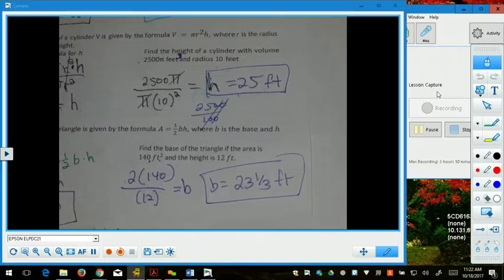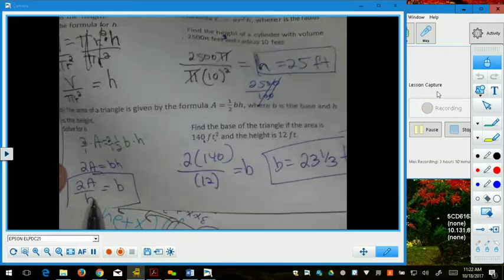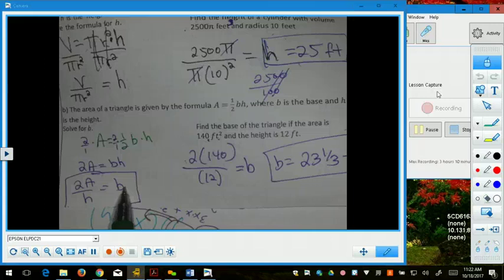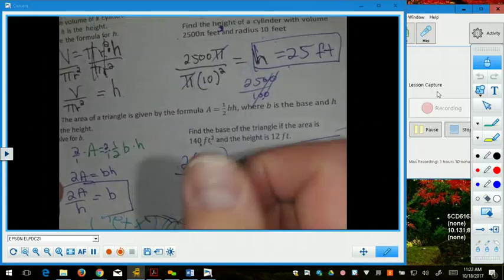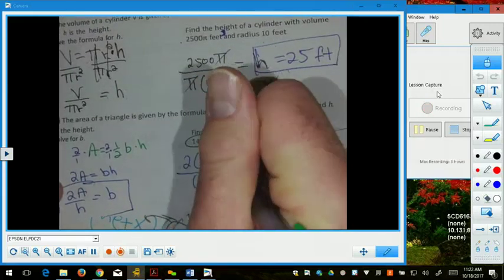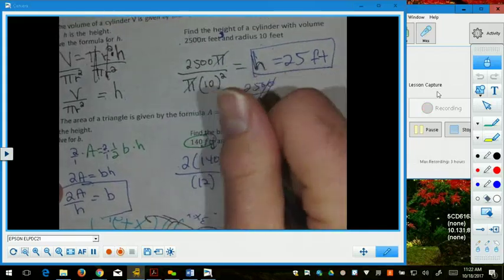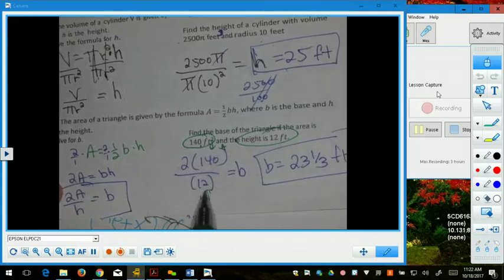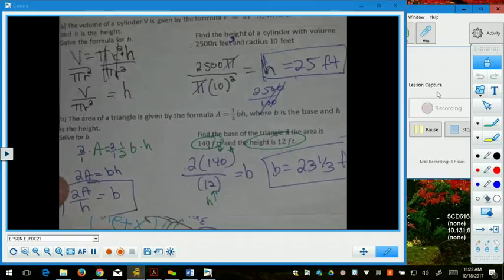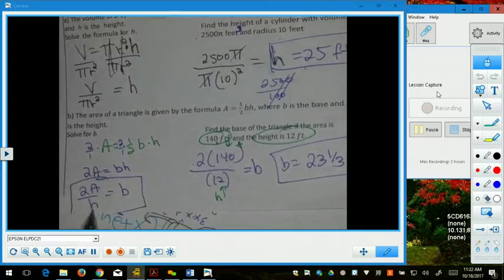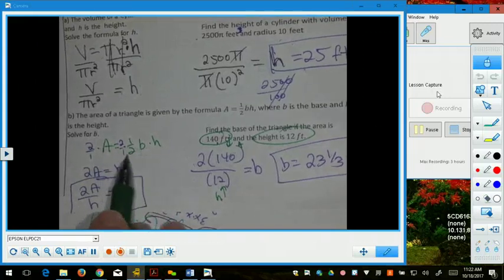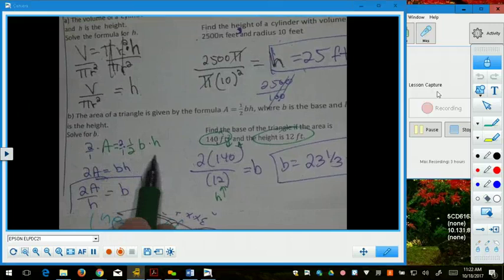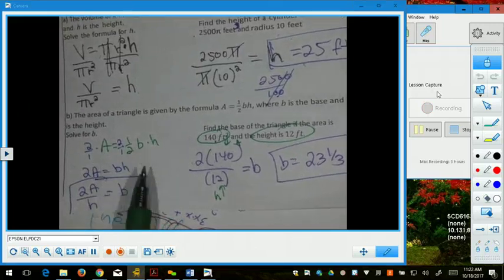Which part, the left or the right? The right. So my formula was 2a over h equals b. So I did 2 times the area. The area was 140, so I plugged that in for a. And the height was 12, so I plugged that in for h. So I did 2 times 140 divided by 12 to get my base. Well, it's in my formula over here, 2a over h. You can use that. If you didn't, then you'd still plug it all in, but you'd have to solve. So you'd have to multiply by 2 and divide by 12, and you would